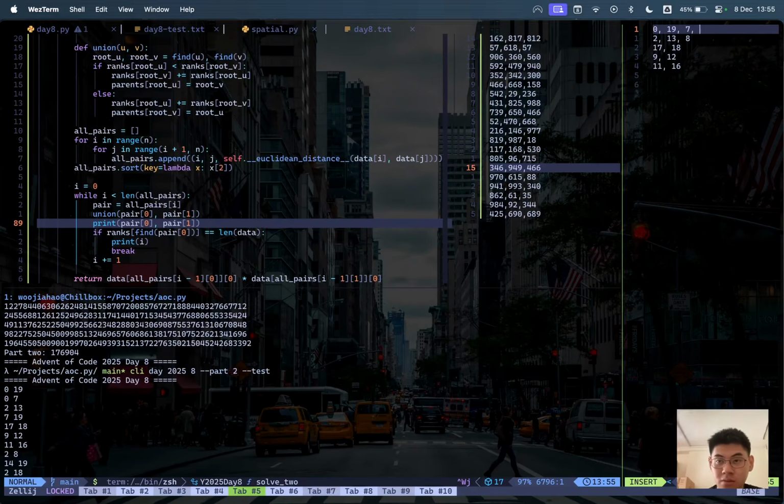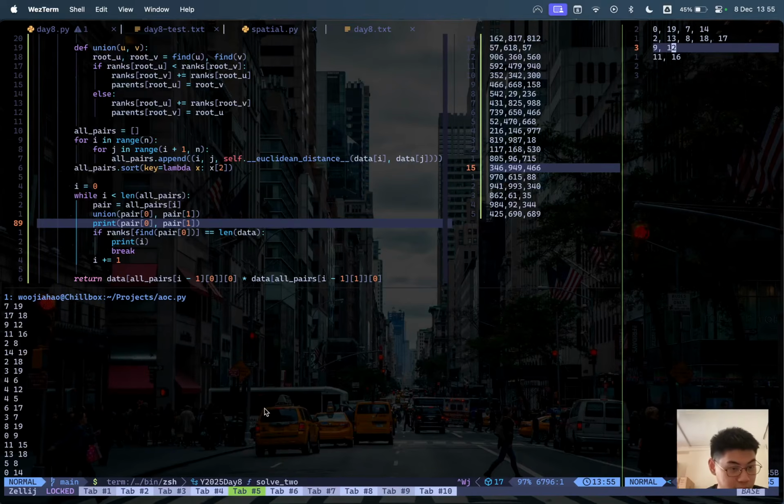14 and 19, then 2 and 18, but that also brings in 17. Let's see, 3 and 19, so 3 goes here. 4 and 6, we have 4 and 12, 4 and 5, so 12 and 5. But then because 12 is there, we can bring in 9 as well. 4 and 12. Where was I? 9 and 12, sorry. 9 and 12, 11 and 16, 2 and 8,